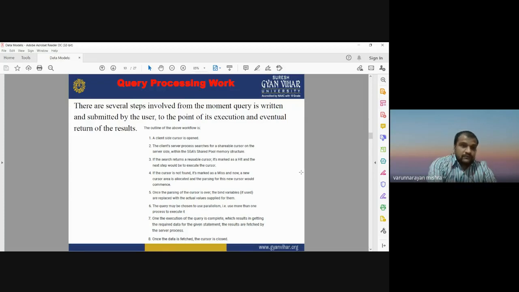In the fifth step, once the parsing of the cursor is over, the bind variables used by the user are replaced with the actual values applied for them.